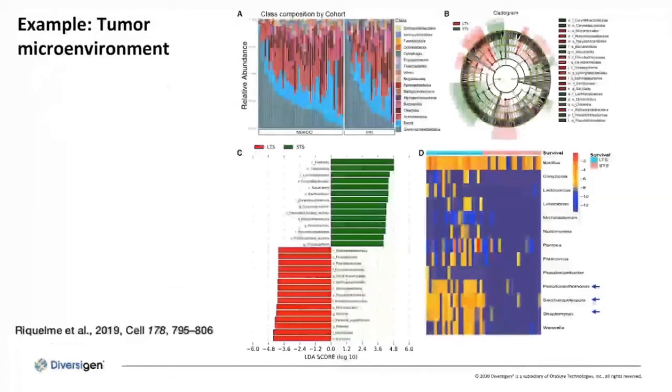Switching gears briefly, I have one slide on this, but there's been a number of studies and, of course, a number of advancements in oncology and immuno-oncology. In one paper that we recently published with Florencia McAllister at MD Anderson this past year, she was interested in looking at the microbiome of long-term and short-term survival after surgery for treating people with pancreatic cancer. And this is now looking at the microbiome of the tumor. So the tumor microenvironment, which has become a hot topic lately,